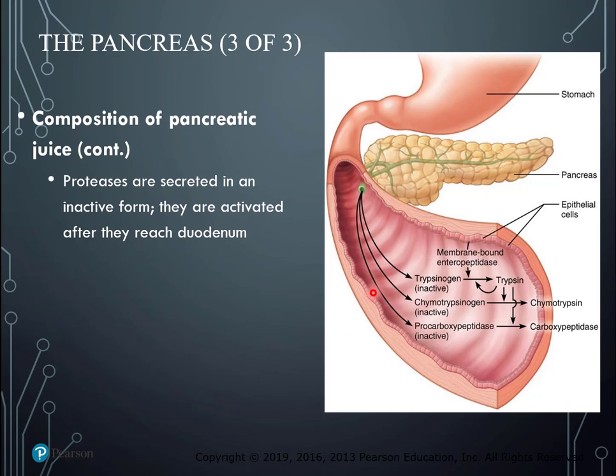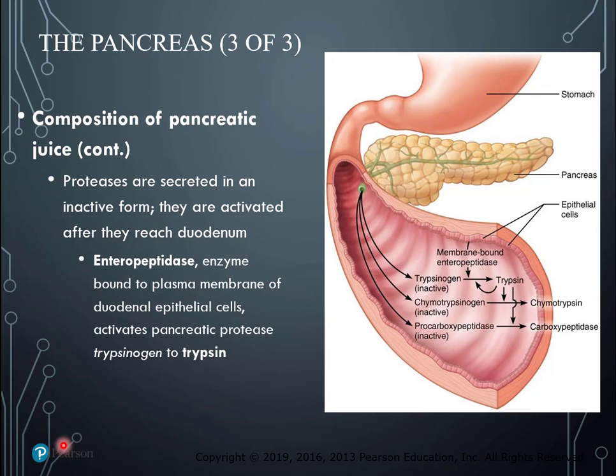But what is shown right here is the activation of inactive proteases by enteropeptidase. First of all, when it is released by the pancreas, the inactive form of the protease is called trypsinogen and chymotrypsinogen and